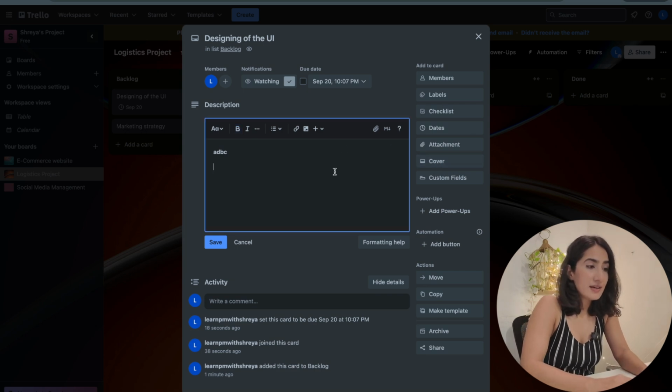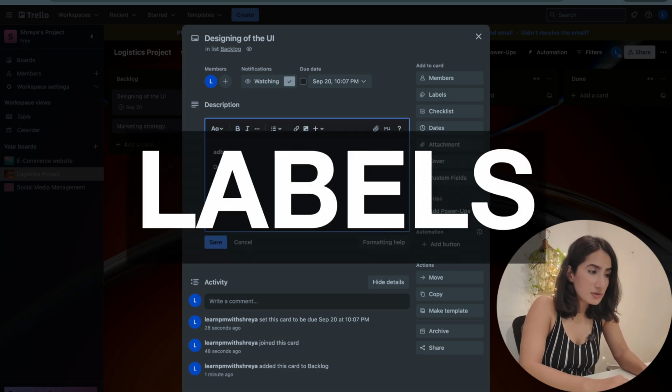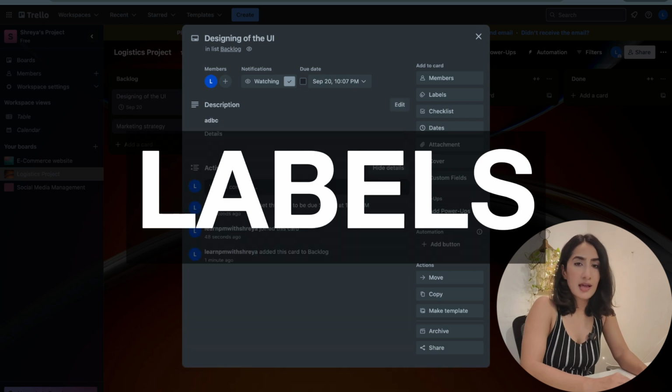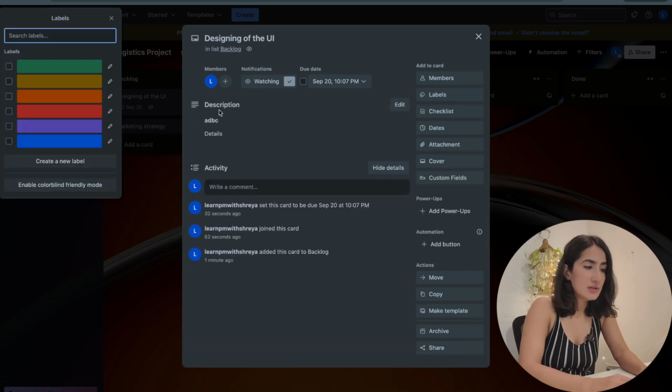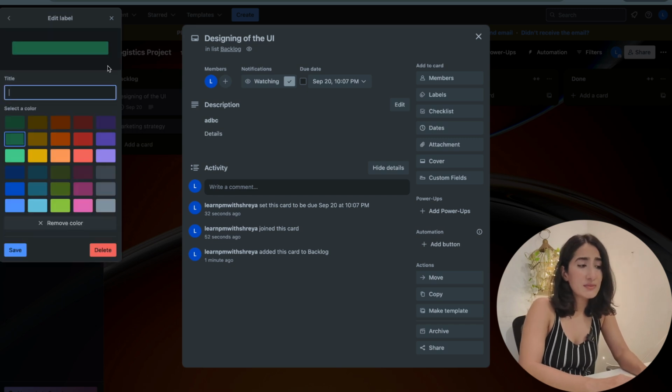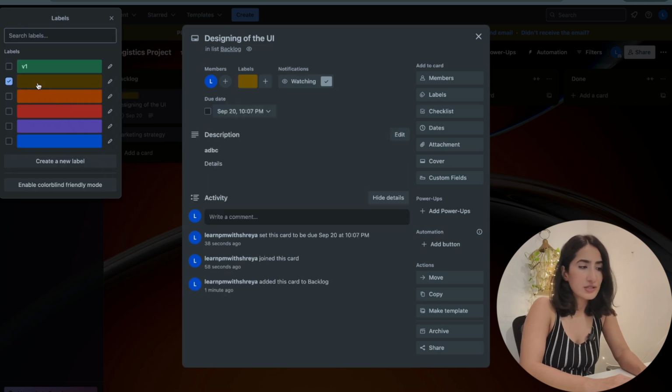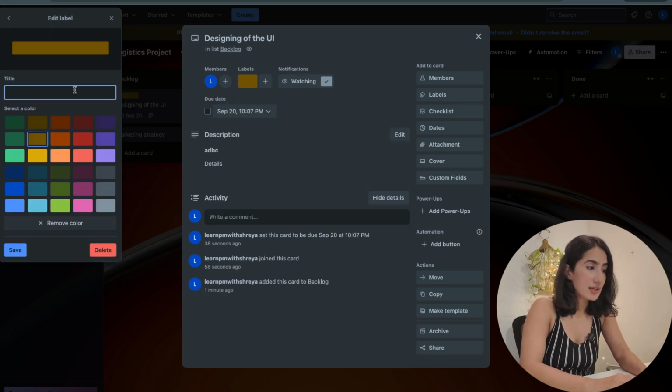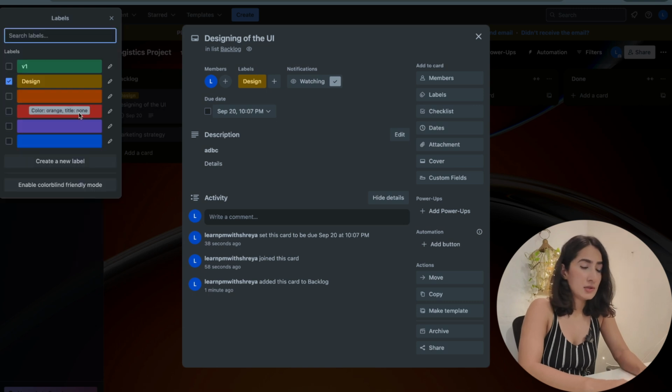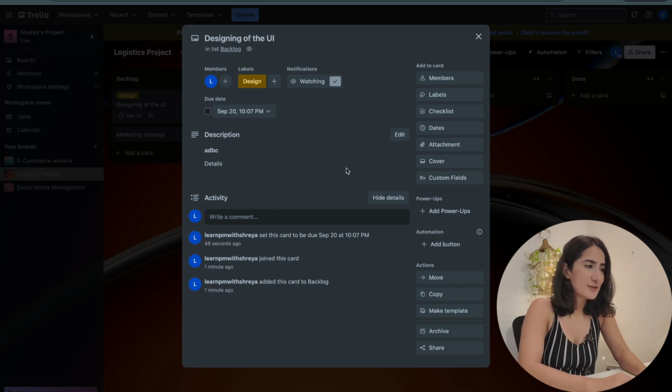Another feature I like in Trello cards is that of labels. So of course you can pick the colors and you can also give names to those labels. So here what I've done is I've given, let's say, version names or even the teams that are going to be responsible for this certain card. And let's say operations team, design team, whoever is going to take it up, they are also put on the label.